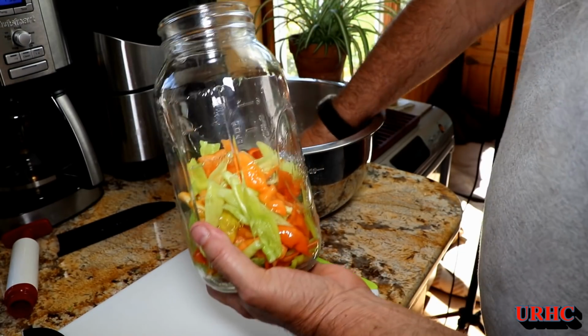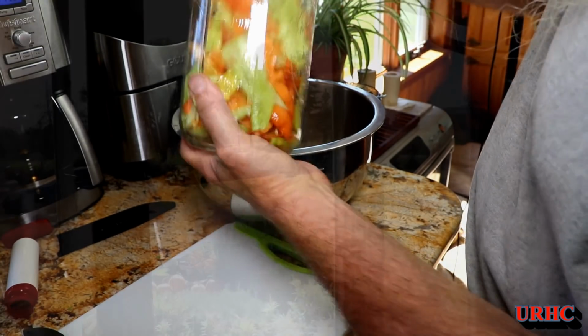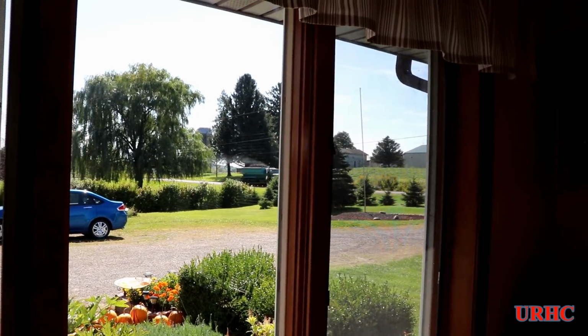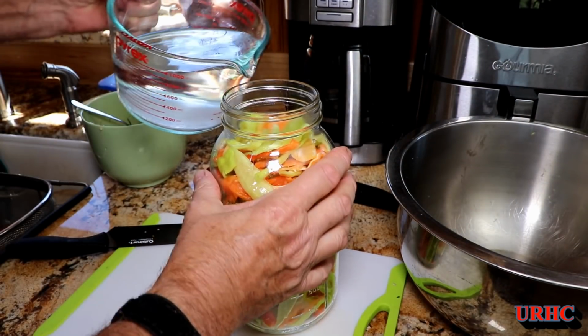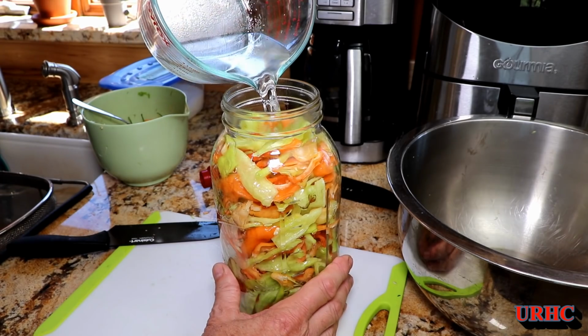Then I hear another truck coming up the road, and about every 20 minutes or so, the muck potatoes are ready to be picked, and they've got these big trucks that each carry about 10 tons or 20,000 pounds of potatoes, and they just go flying by one after the next in 20-minute intervals. It's pretty cool to watch. Anyhow, back to the